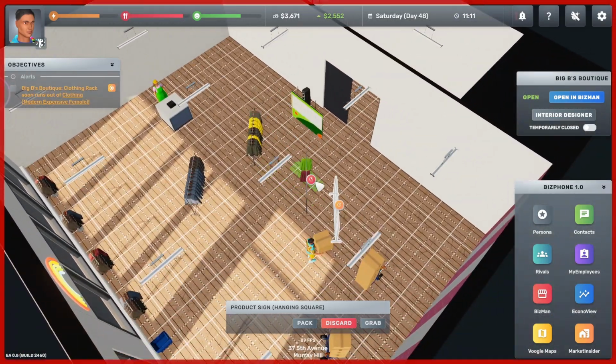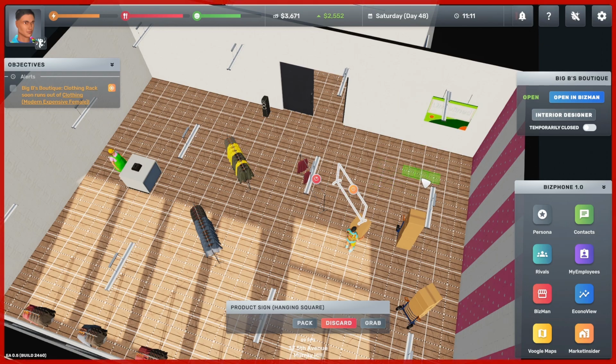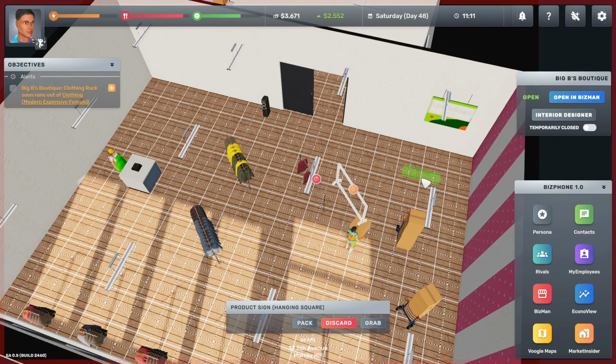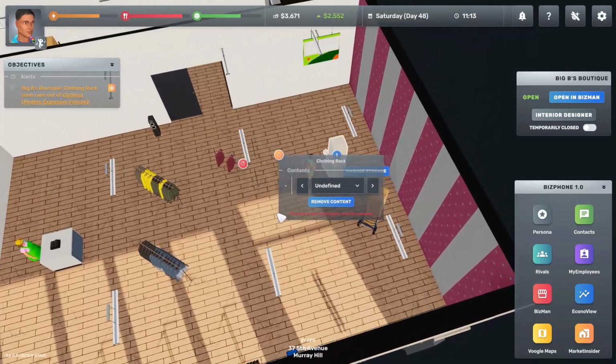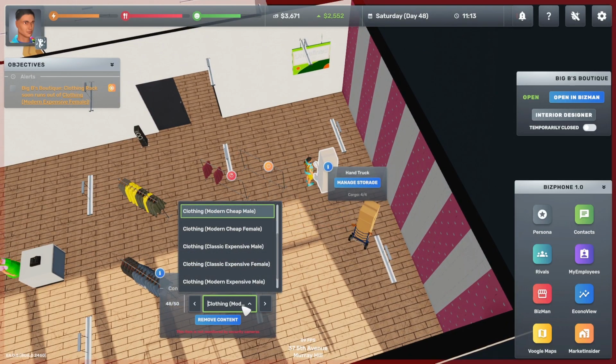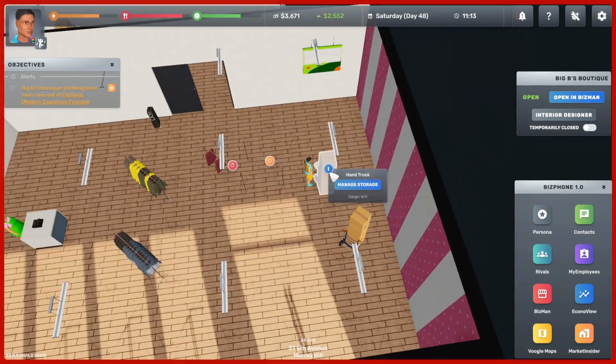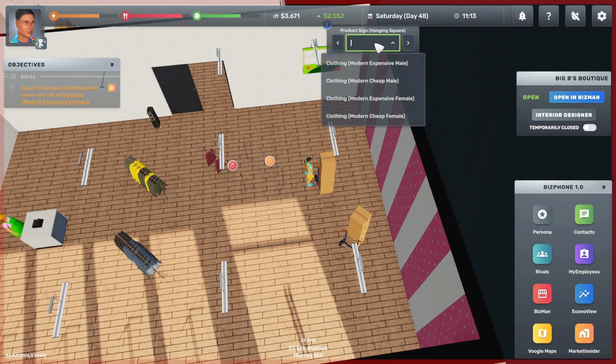And then we just need to sort out where the clothes are going to go. But yeah, there are many different types of clothing. So I think, how about over here, we can put that in and then we can say, right, which one is this? Modern cheap male and modern expensive male. Botherations. Okay, so on here, look. How do we...